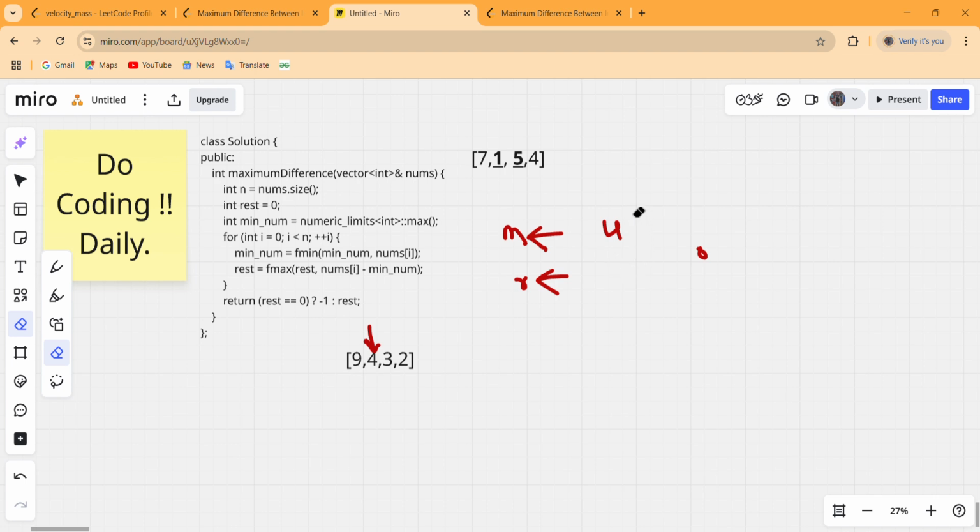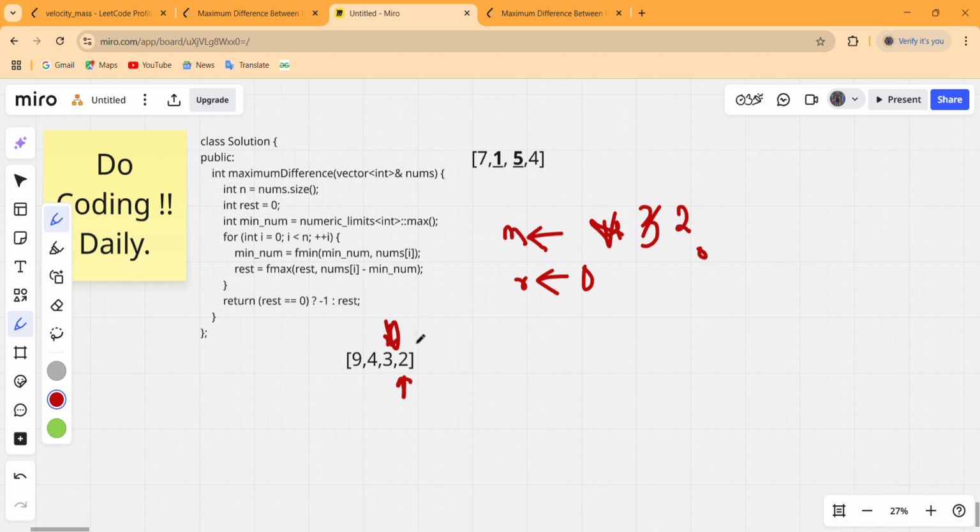So moving on to the next iteration, this 3, minimum number till this index is updated to 3, and our result is 0, again 0. Moving on to the next iteration, minimum number till this index is updated to 2, but our result is still 0.